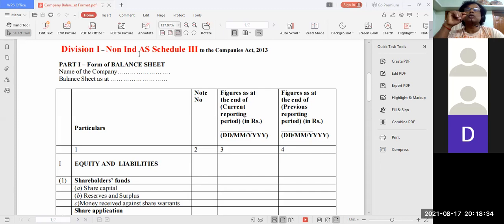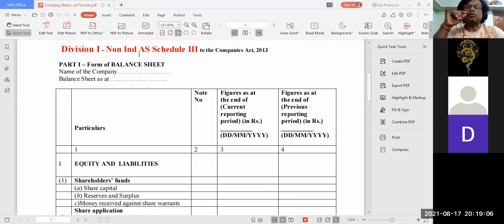So I told you, how many types of balance sheets are there in India now? Company balance sheet, how many types of formats are there? Anybody can tell me? 3. Balance sheet formats are 3. Accounting standards are 2. One group is following AS, the original accounting standards of India, and big companies are following Ind.AS. Ind.AS is having an international flavor. Now, there are 3 types of company balance sheet format in India.